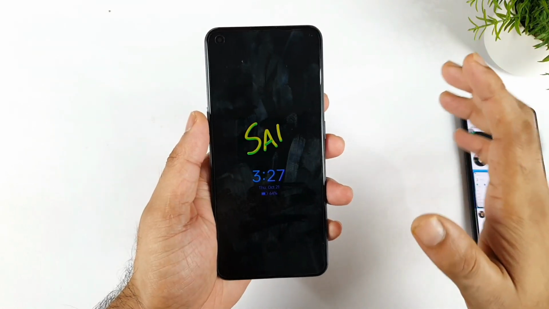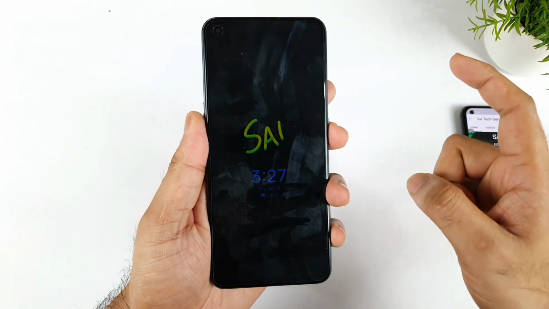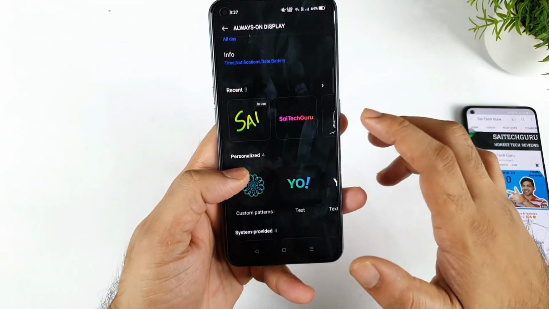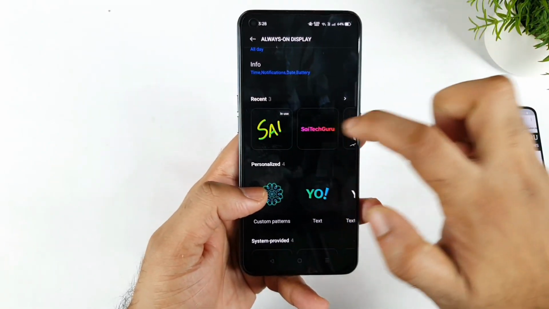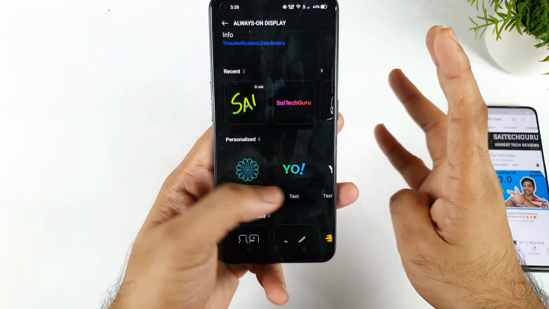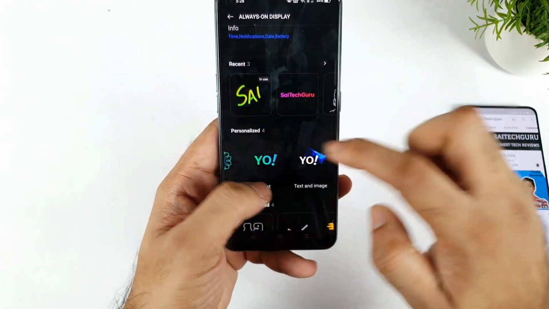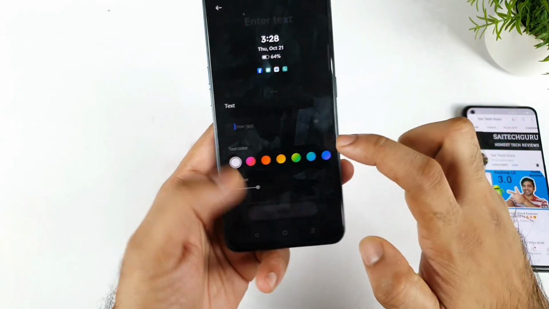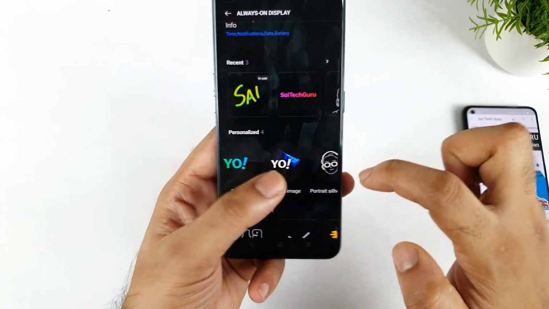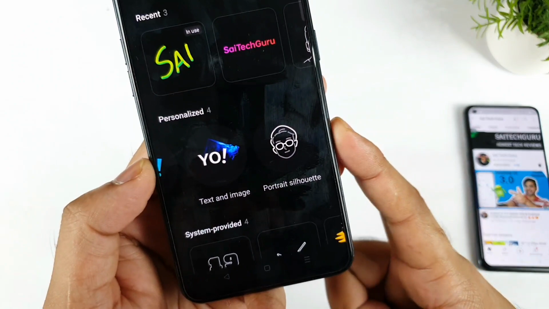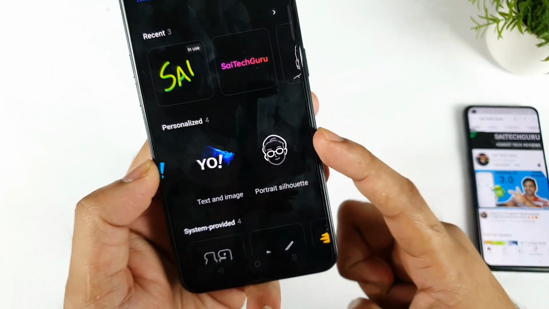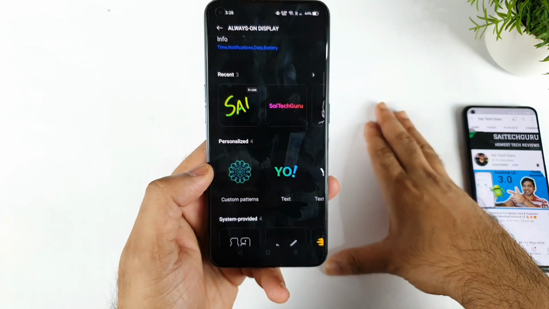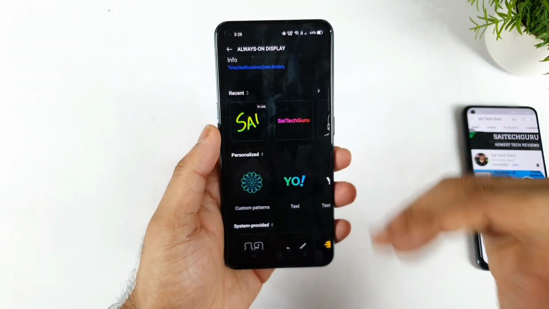I did like this new customization option which is present in the always on display in this phone, which looks fantastic, friends. I'll try to explain each and everything. These are the recently created customization options which you do have. You can have 4 different personalizations. One is custom patterns. Next is a text one, the third one is text and image, and the fourth is the portrait one. A lot of users are eagerly waiting for this portrait mode. These 4 different customizations you can have in this always on display, which is really next level customization.